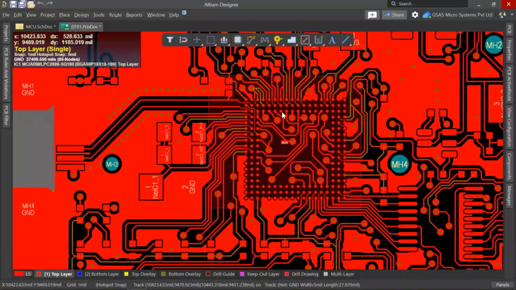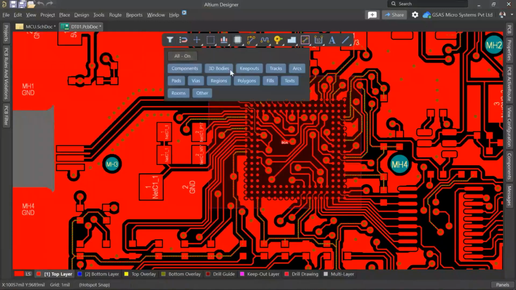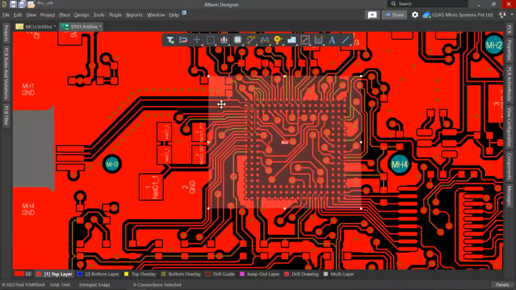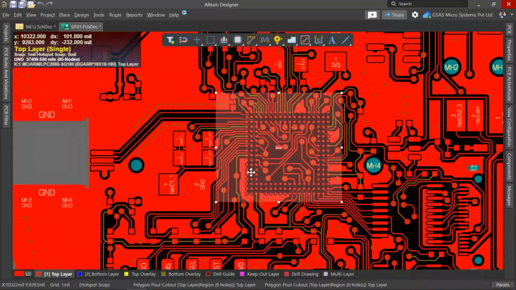How we can specify area based design rules inside Altium Designer is with the help of these rooms. You can place a rule and specify within room or anything touching the room BGA. This is the rule it has to follow for width rule, and touching the BGA, inside within room BGA, clearance is this much. Like that, you can specify the design rule.